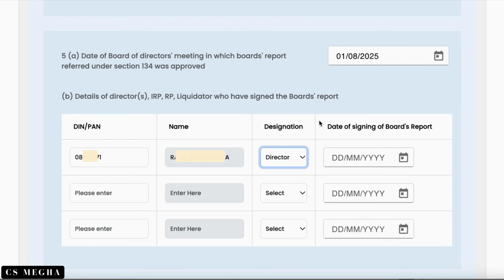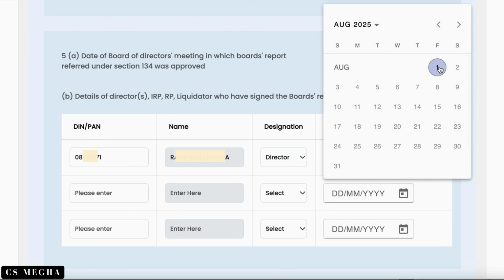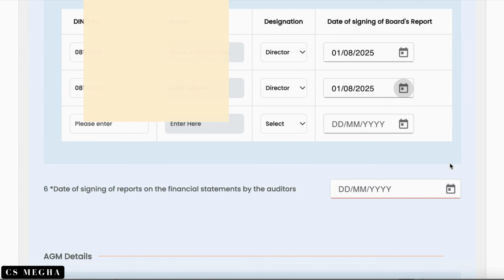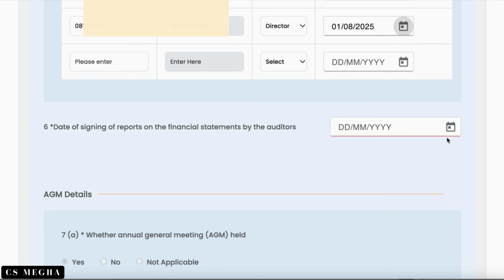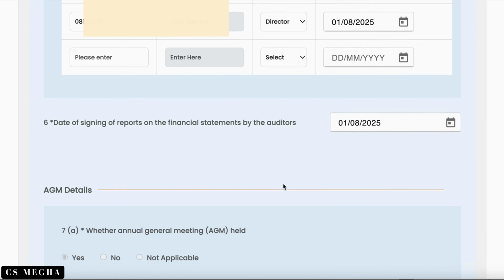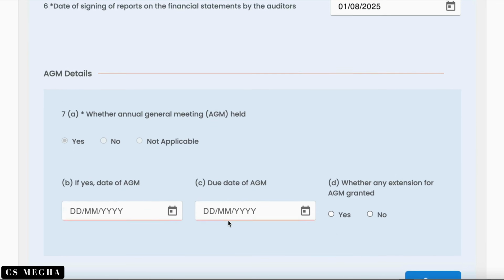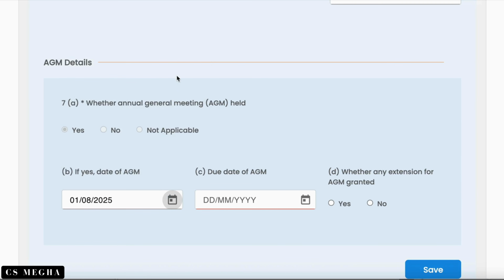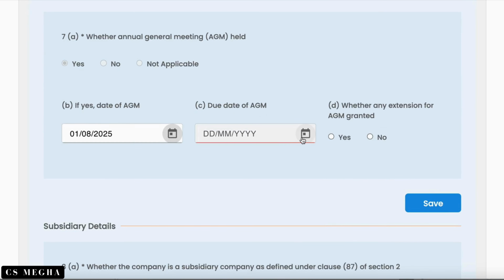We are putting the right designation, date of signing, second director who has signed the board's report, DIN number, then date of signing reports on the financial statement by the auditor. This is the date of AGM, due date of AGM.